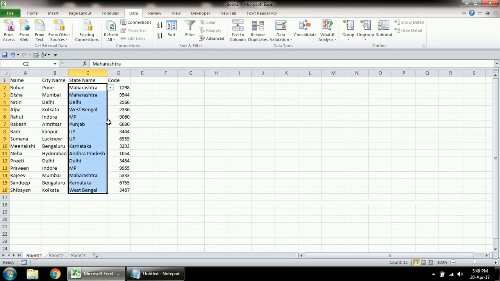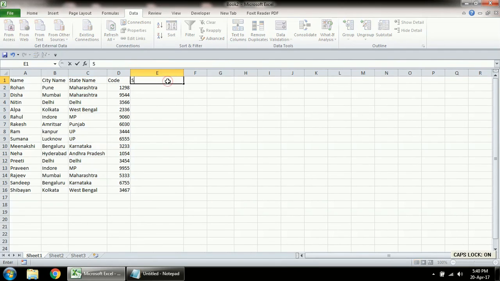So if we want to apply a validation rule, again we'll repeat the same process. State,